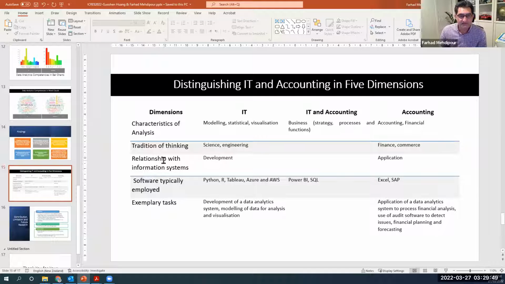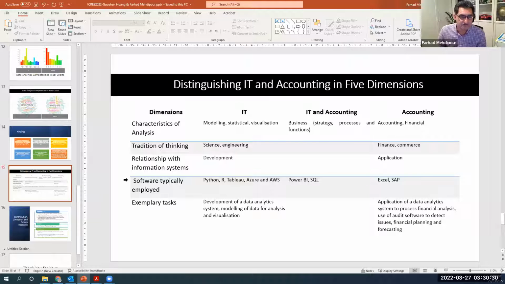Probably this table summarizes everything. It distinguishes IT and accounting in 5 different domains according to the research that we have conducted. In terms of characteristics of the analysis, you can see IT mostly focuses on modeling, statistical analysis and visualization. If someone is coming from IT and going to get a job, they need to work on these kinds of skills. If they're coming from accounting, they're most required to do accounting and financial analysis. There might also be overlap between these two in terms of business, understanding of business operations,